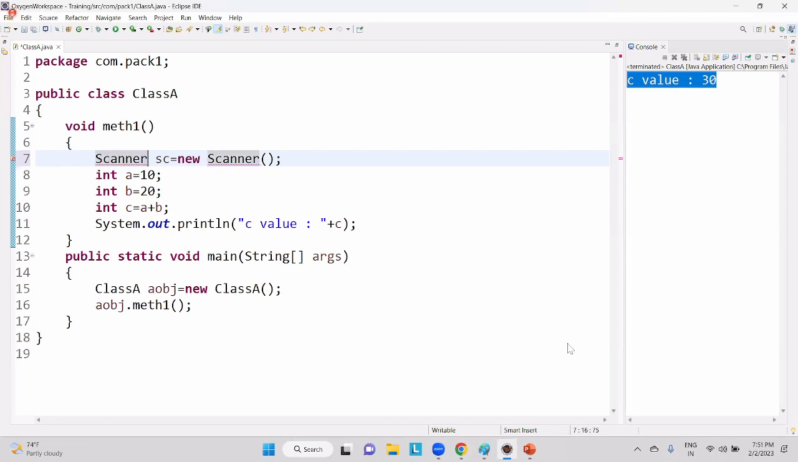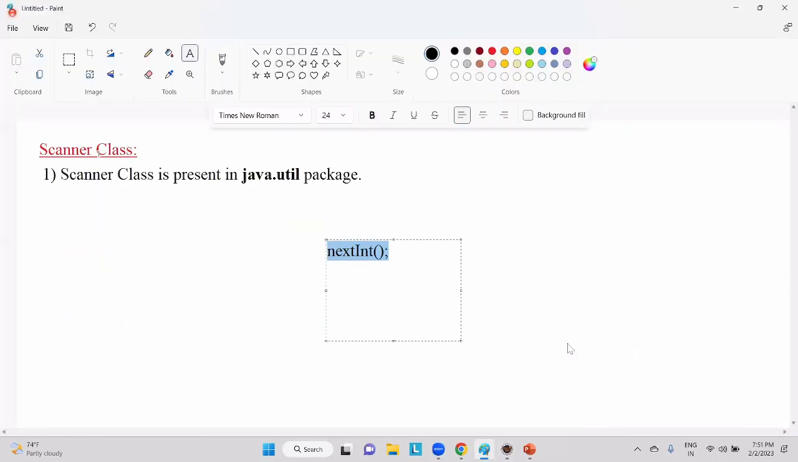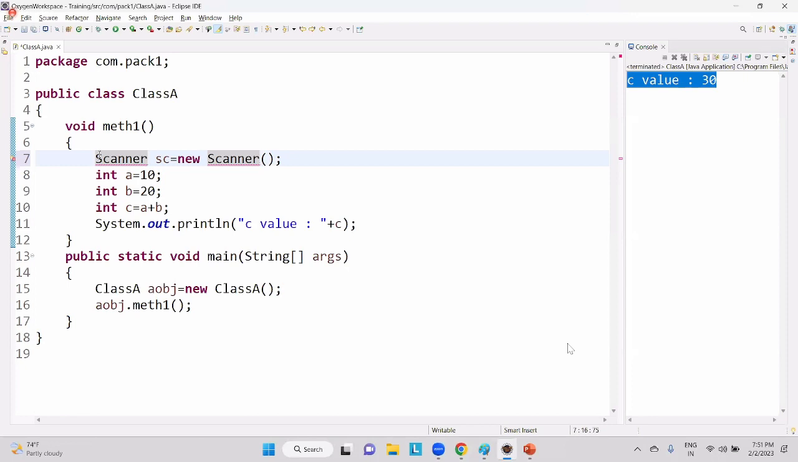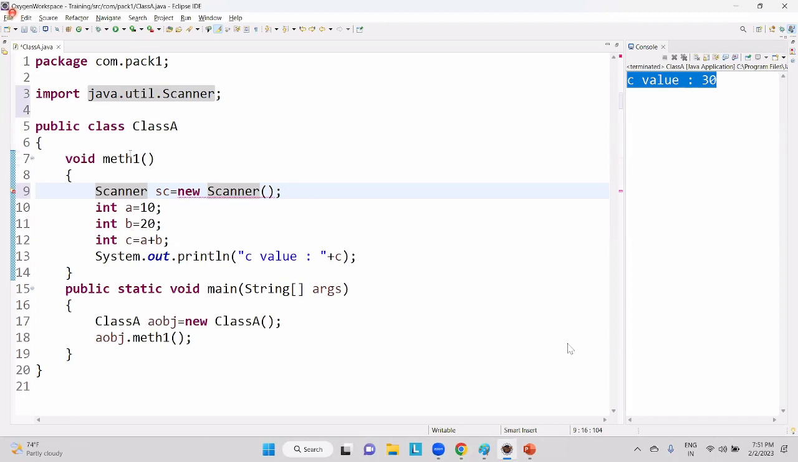And the Scanner class is present in which package? The java.util package. So whenever you are trying to create an object of a class which is not present in your package, what do we need to do? We need to import. I'm importing. Sir, we are still getting an error. Yes, of course. Why? Because